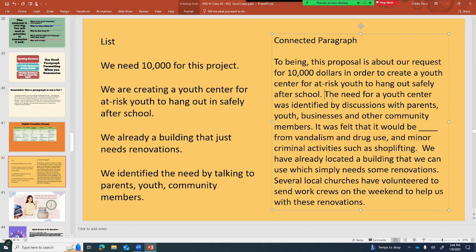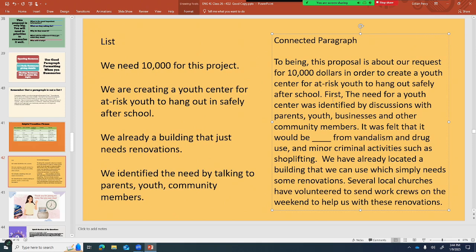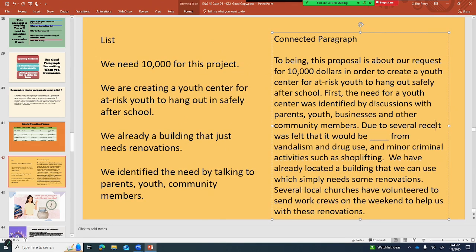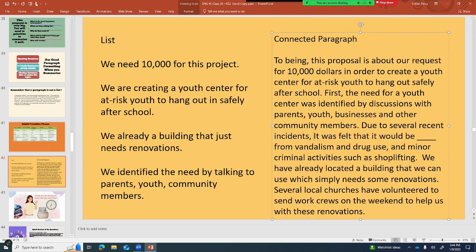Let's see. First, the need for a youth center was identified. Let me think. I'm wanting to say next or due to. Due to several recent incidents, it was felt.